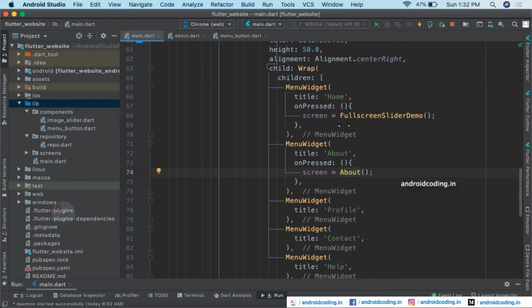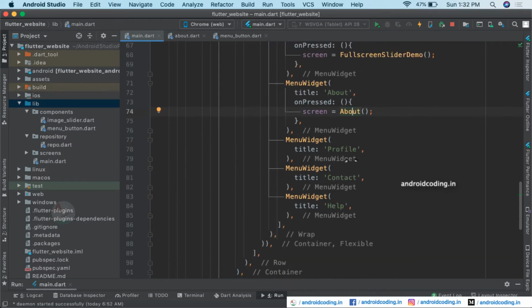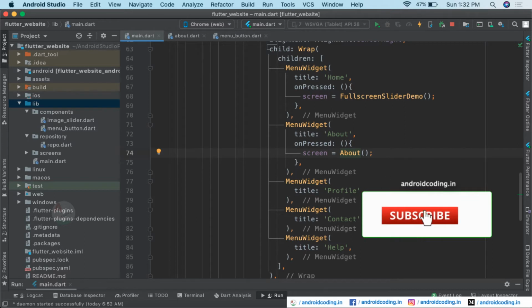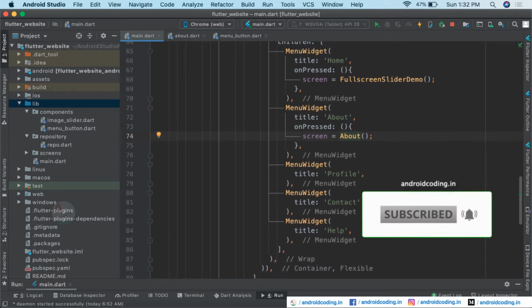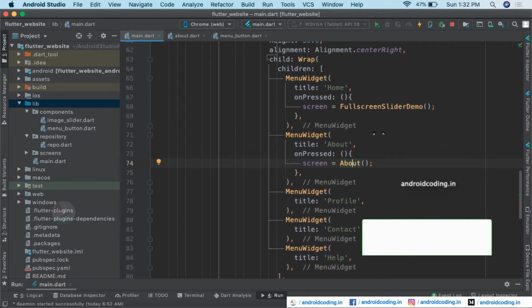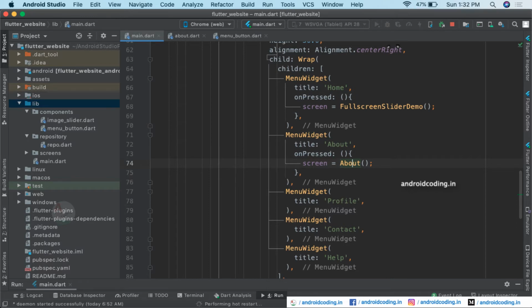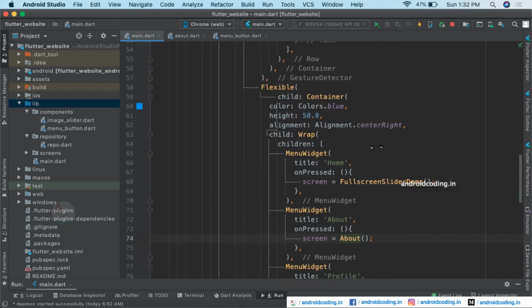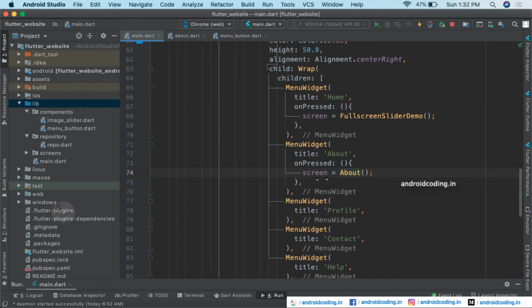So yes, now we are having home and about. Still we are having profile, contact and help classes. We need to be creating them and we need to provide them in the same scenario right now. So now when you run this particular code and try to see the output, you will not be able to move to the about screen. And again, it's basic, we have not specified the set state here, so for which we need to add the set state functionality also.